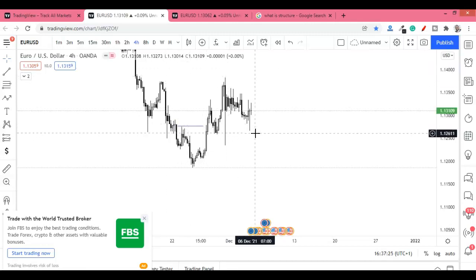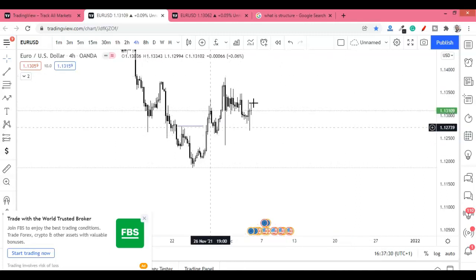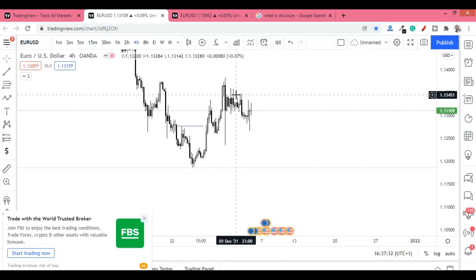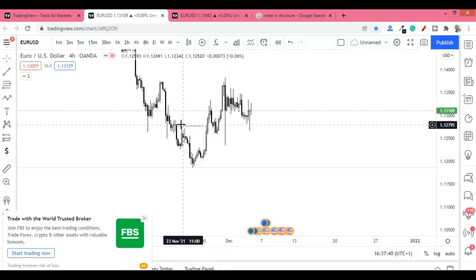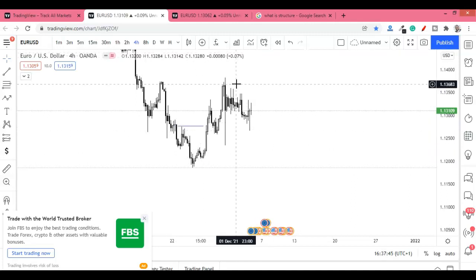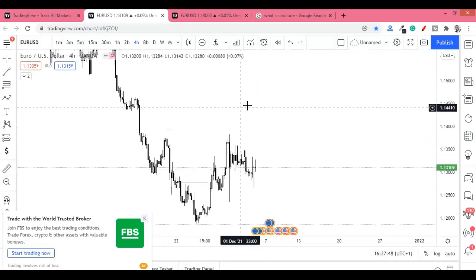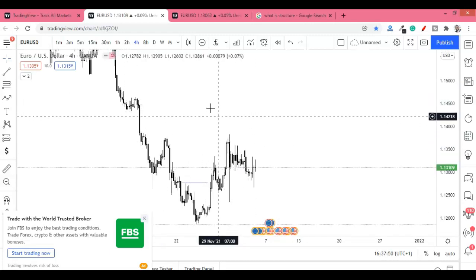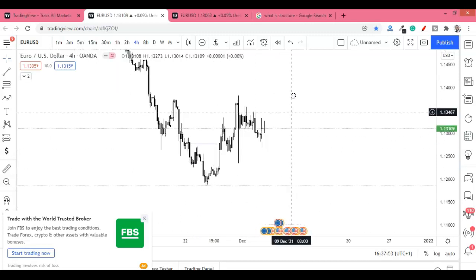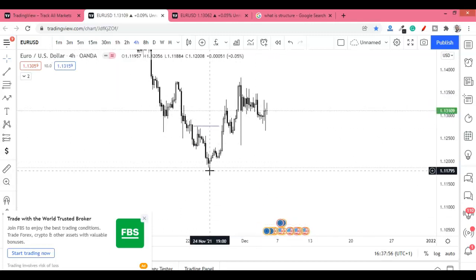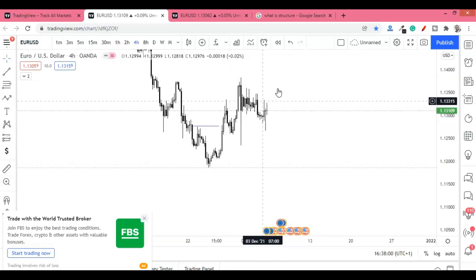No. If I'm trading from the daily, hourly, and then 4 hour, because the daily time frame, which is my higher time frame, has not, the trend is still bearish until key structure is broken. I won't consider this as a major break of structure. But that doesn't mean I cannot trade in this direction until we eventually break the daily structure, because market moves in what? In fractal. Before any trend starts, it starts from the lower time frame. Take note, the trend starts from the lower time frame and then moves into the higher time frame.